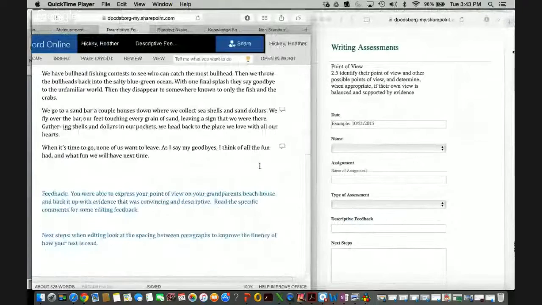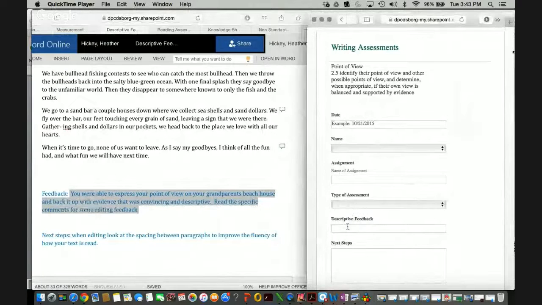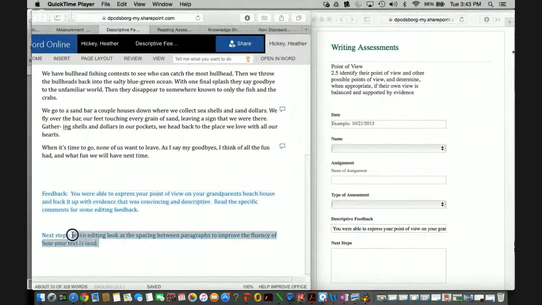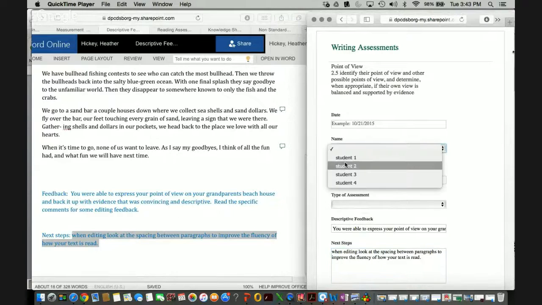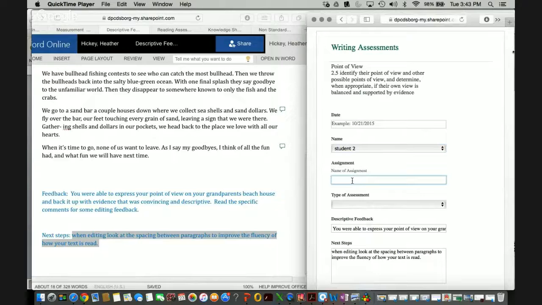So as I go ahead and I type in the feedback for this particular student, all I have to do then is copy it over here under feedback, and I go ahead and copy in their next steps. So again, it takes 1 extra second. I'm typing it here anyway, and then I can simply go ahead and click